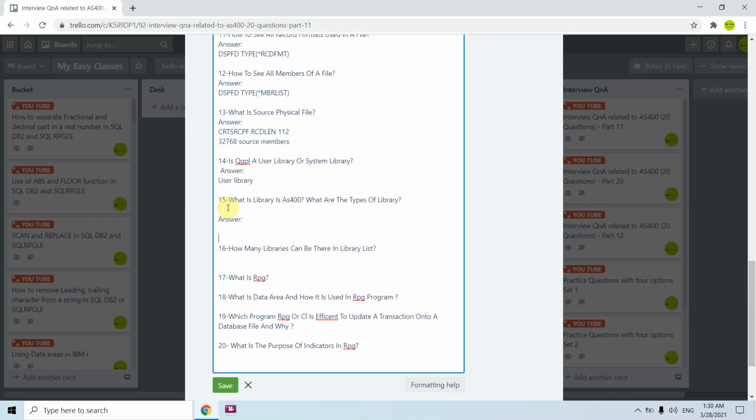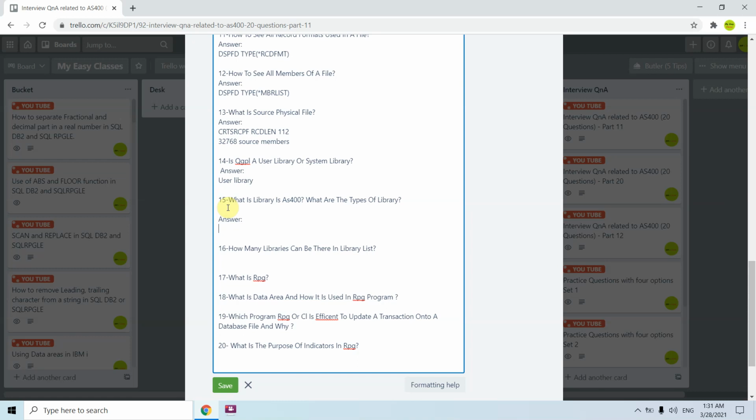What I would say more about libraries is that a library is an object. There is a library QSYS, which is a system library, and that contains other libraries. We cannot create a library object inside a library, but there is only one library, QSYS, inside which we can create library objects. Whatever libraries we create as a user, the user libraries, are created inside QSYS, and those libraries hold our objects, our program objects, our file objects, and all other things.